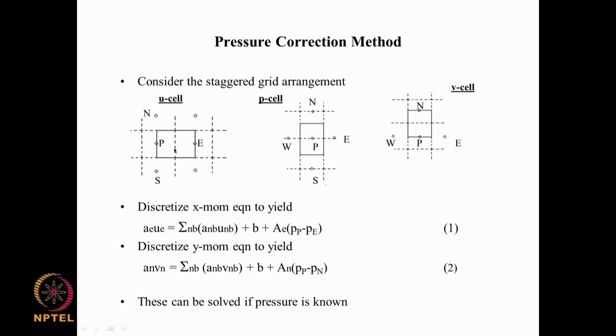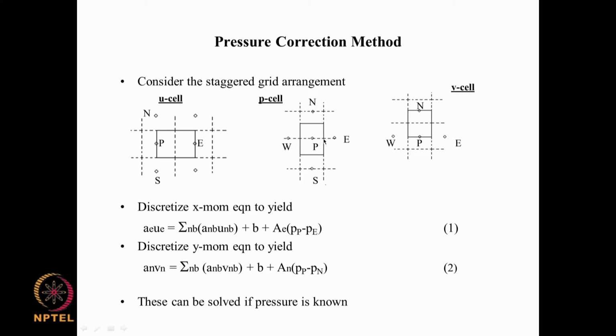These are where pressure is evaluated. If you take this particular cell here for the pressure, pressure is evaluated at capital P. The immediate point at which pressure is evaluated on the east side is denoted as capital E. The immediate locations where the same quantity P is evaluated are capital N, capital W and capital S. And if we put a control volume lying halfway between the 2 points on the east side, west side, north side like this, then we can associate midpoints with the faces of this control volume.